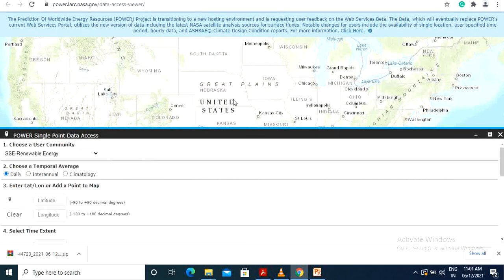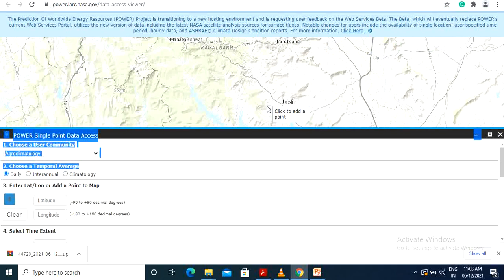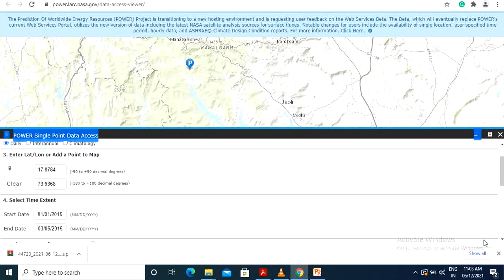Okay, so choose a user community, select here agroclimatology, then choose a temporal average daily. If you have the latitude and longitude of your study area, then put them here, otherwise click on this point and select your study area and click on your study area. So here we will get the latitude and longitude of your study area.